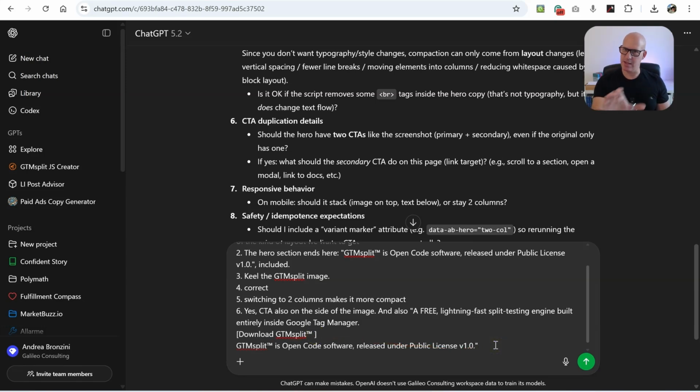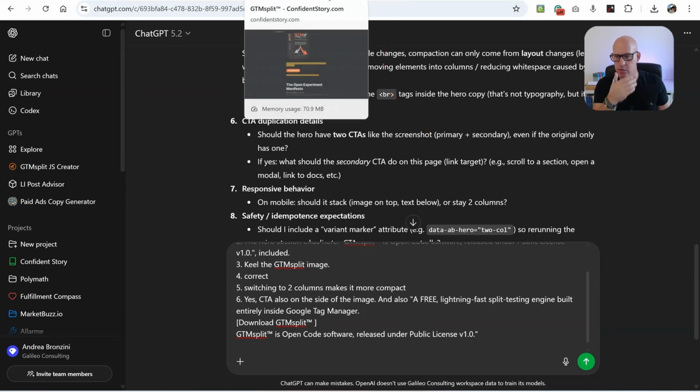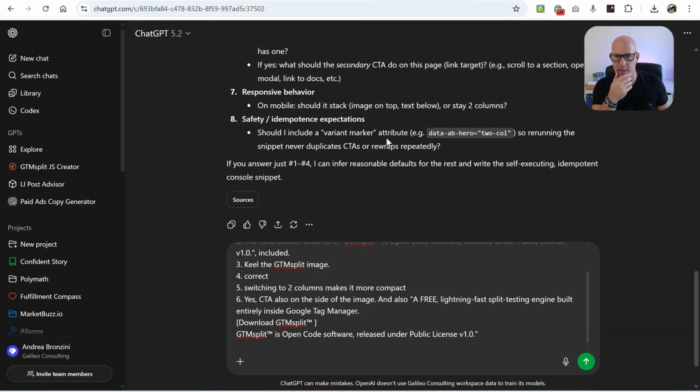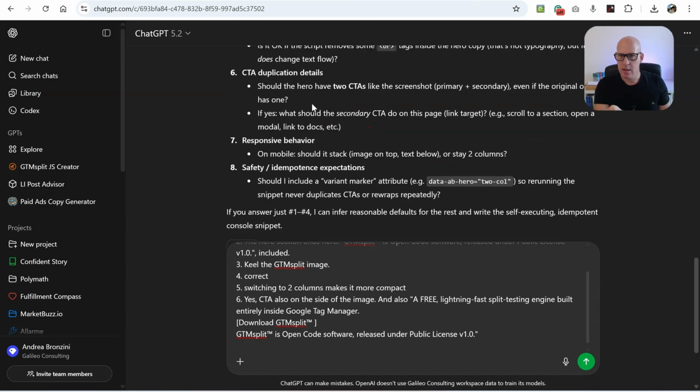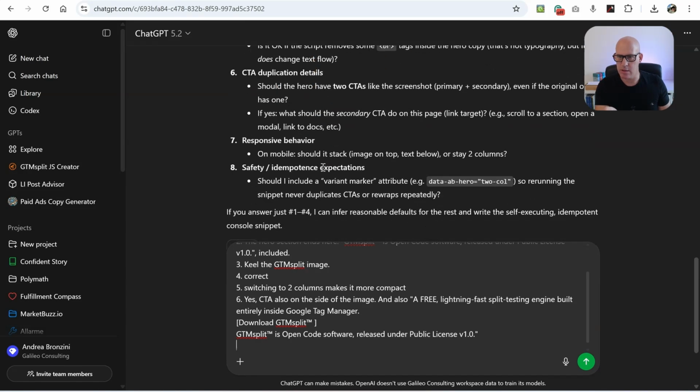So as you can see, this is very raw. I'm not spending time to describe the exact position of items. If I don't like the result, I will explain later, all right? But usually at the first try, you already get something that is usable. So you don't need to do this gymnastics at this point. Okay, so what should be the secondary CTA? Okay, no secondary